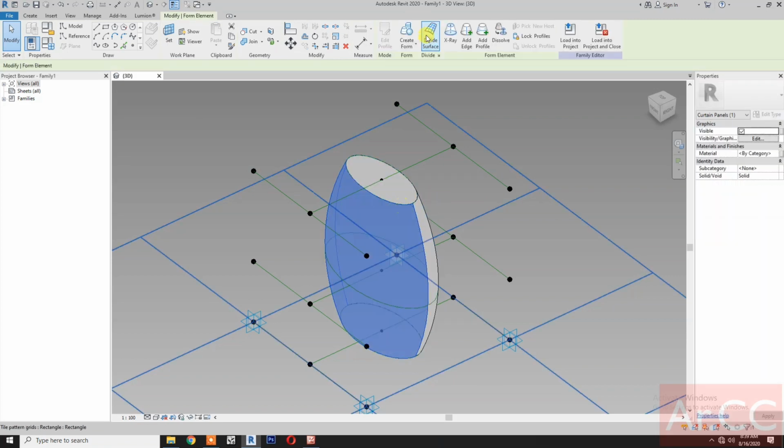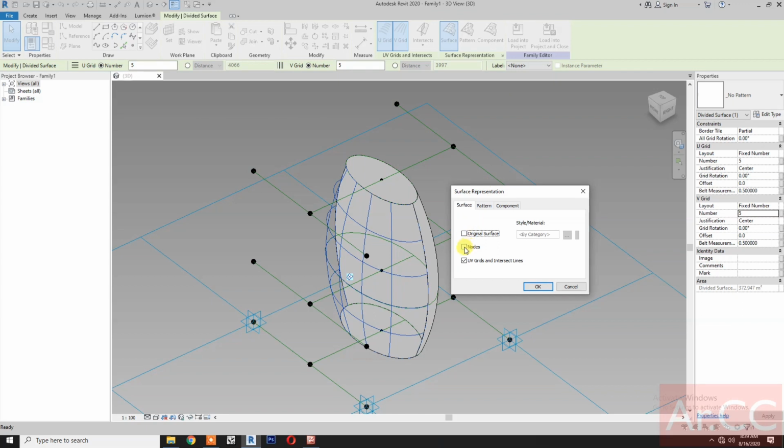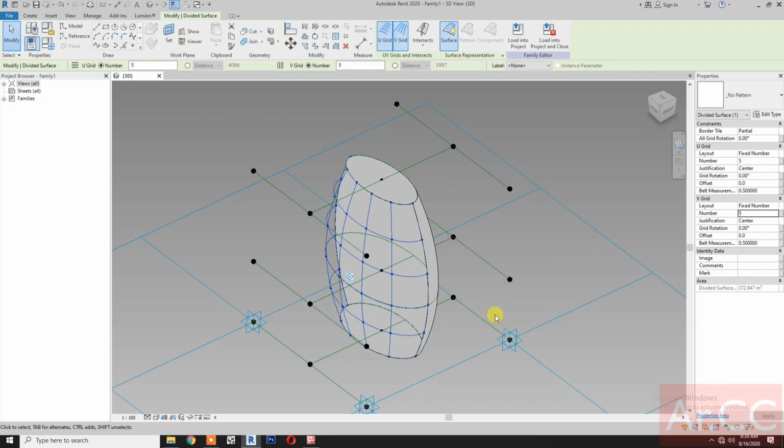Okay, this one, divide surface, change the U grid and V grid number to 5. Okay, next, go to surface representation, check nodes. Okay,